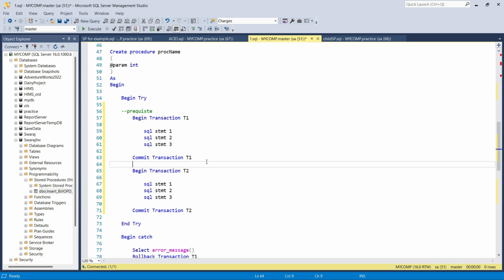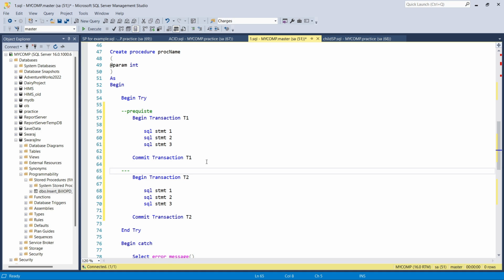After that there are some post steps, like you did some calculation on the data inserted, and then we can initiate transaction 2